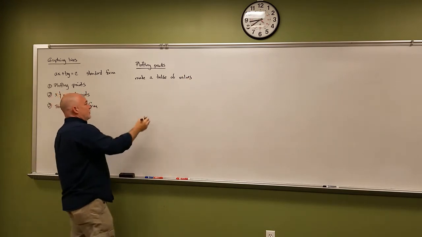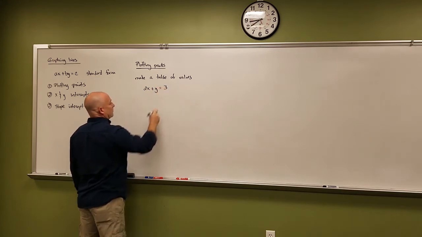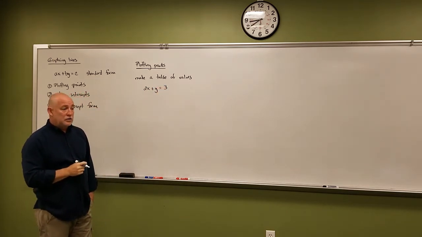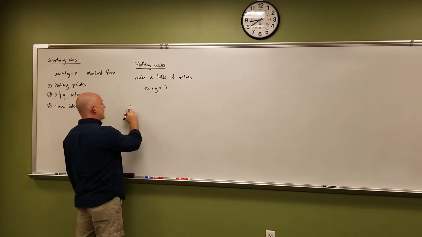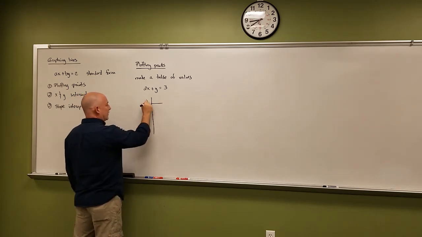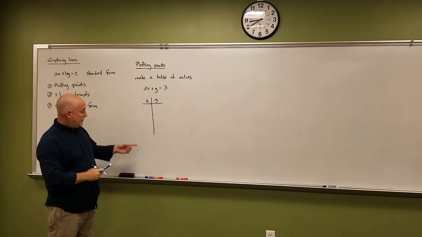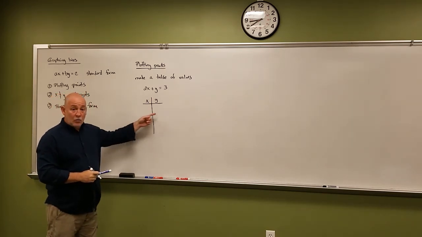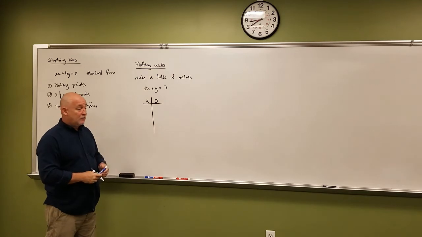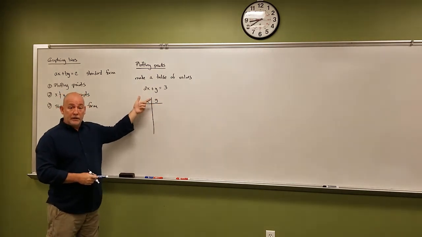Basically, let's start out with a nice easy equation. Let's go 2x plus y is equal to 3. So here's our linear equation in two variables. To make a table of values, generally looks something like this. We have an x column and a y column. We're going to randomly pick values for either x or y, does not matter which one you pick for, plug it in, and then we'll have an equation that only has one letter in it,